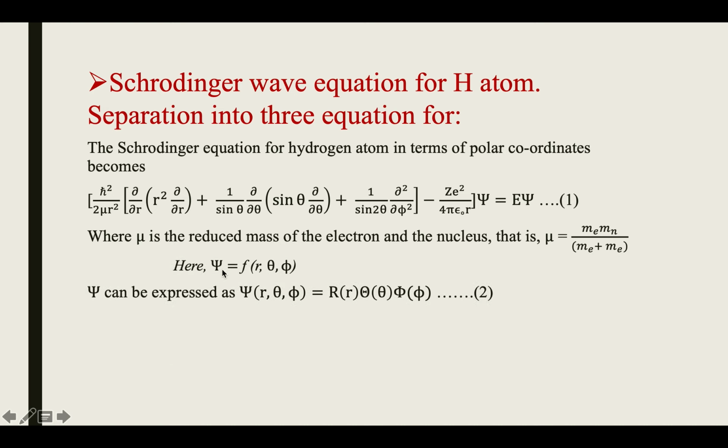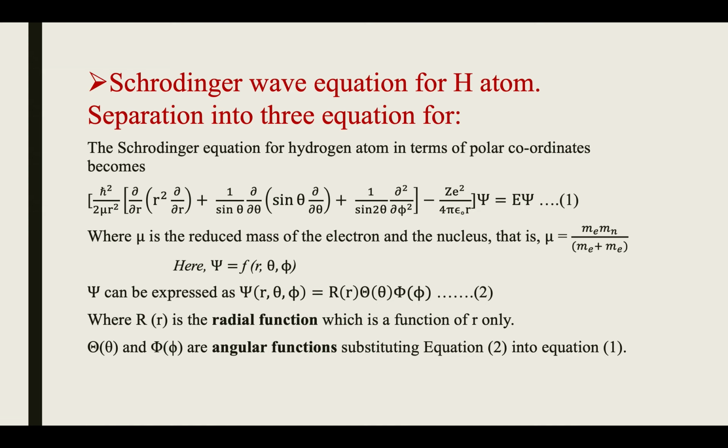Here psi is a function of r, theta, and phi. So psi of r, theta, phi can be expressed independently as a product of functions: R is a function of r only, Theta is a function of theta only, and Phi is a function of phi only. If you multiply all three, you get equation 2. Here R is the radial function, and the other two are angular functions. Substituting equation 2 into equation 1,